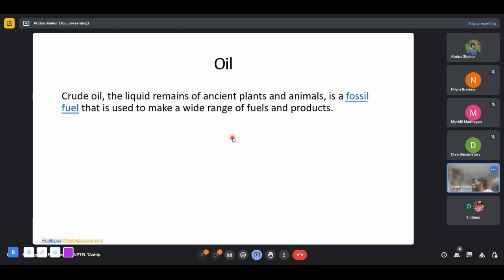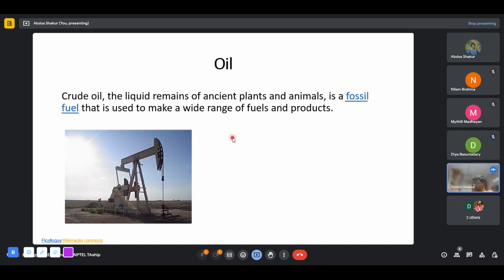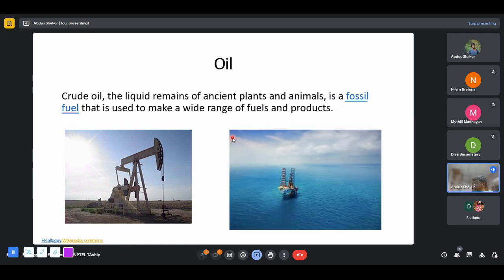It could be petrol, diesel, kerosene. These are some fuels we use. Then there are products like plastics, polyethylene, or Vaseline, and even bitumen that is used to lay tar roads. These are byproducts that you get when you're refining this crude oil for fuels or some other things. You can have oil production that happens on terrestrial areas, or you can have marine deposits of oil where you have to drill down thousands of meters under the sea surface to get to oil